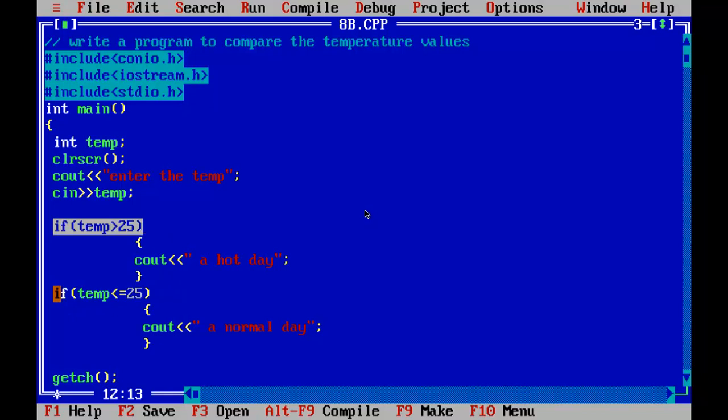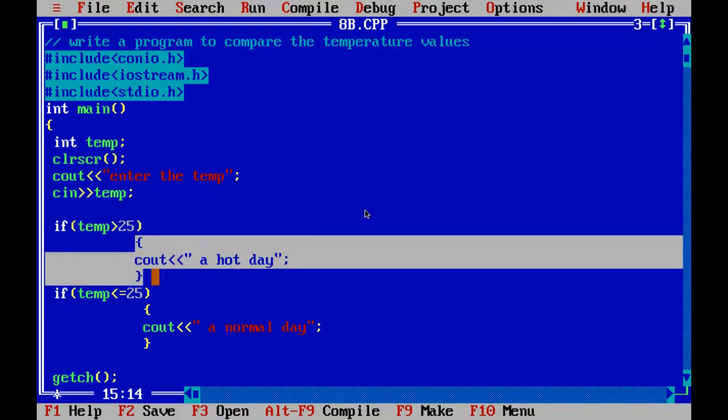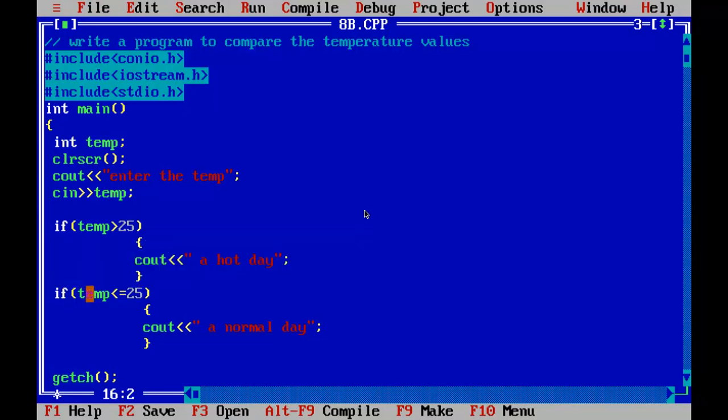Now it will check here: temp less than... first we entered 30. It will check this and this: 30 greater than 25, yes, this part will execute and display a hot day. And it will check this also: temp 30 less than or equal to 25, no, it is greater, so it will ignore this. It will not print the normal day.